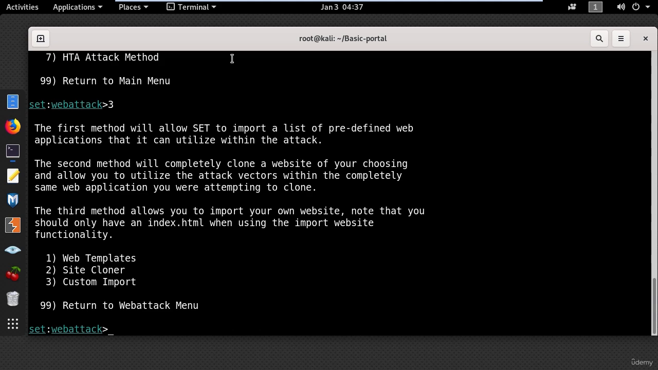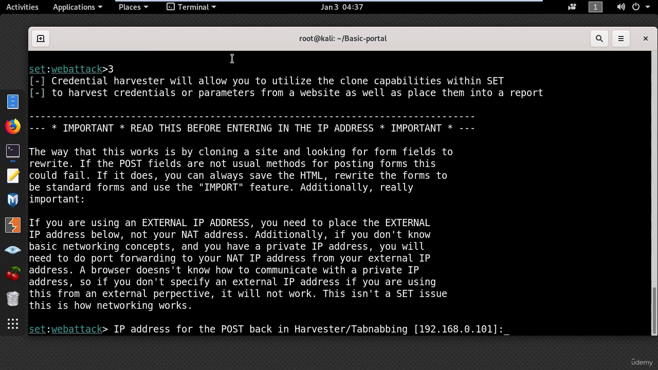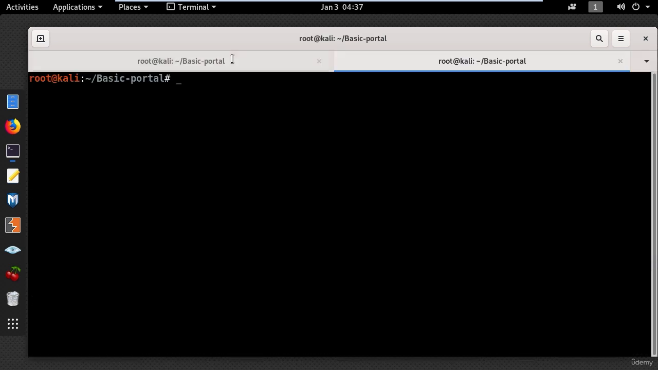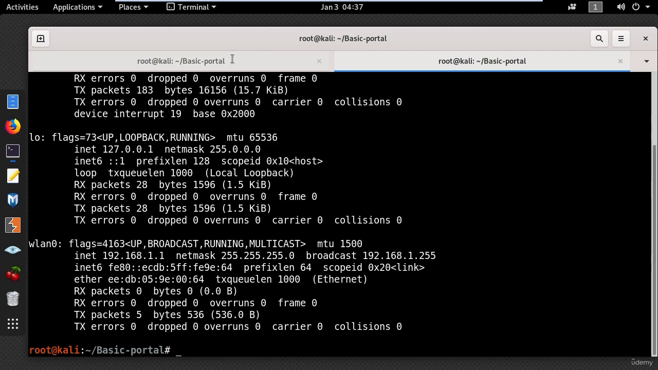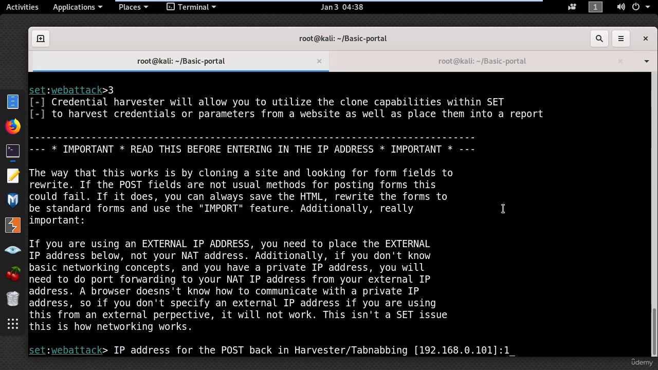And here I will select custom import. This option allows you to import your own website. Now in this step it will ask you for your IP address. So if you are using this attack with an access point, make sure you are using the IP address from your wireless interface, which you can easily find by typing ifconfig. And here on wlan0 is the IP address. So I will type